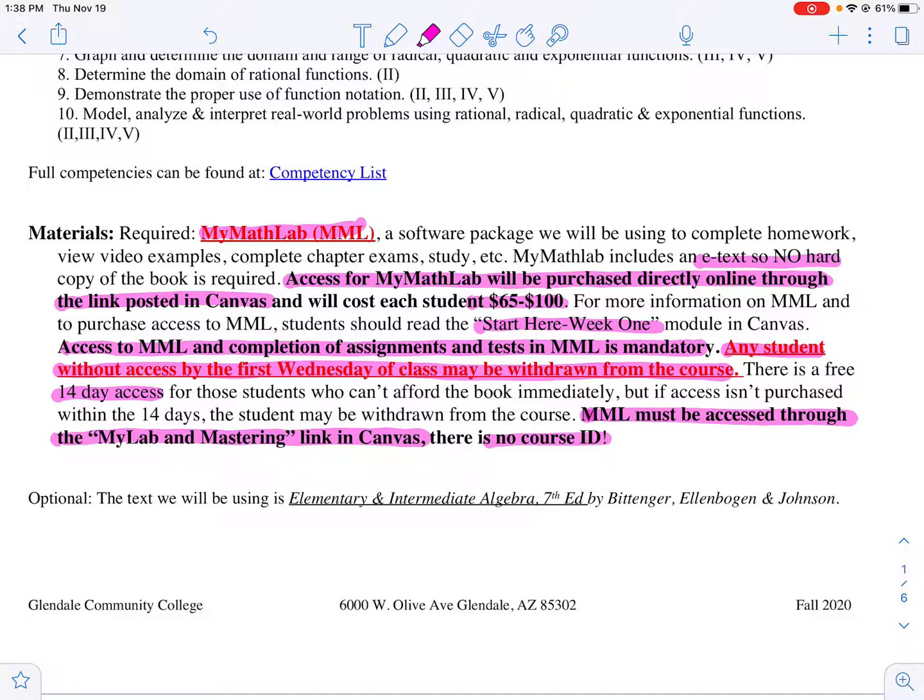You have to make sure that you access MyMathLab through the My Lab and Mastering link in Canvas. If you follow the directions in the Week 1 module, it should help you get set up with that. Please make sure that you access MyMathLab before the first Wednesday so you're not withdrawn from the course. Let me know if you have any